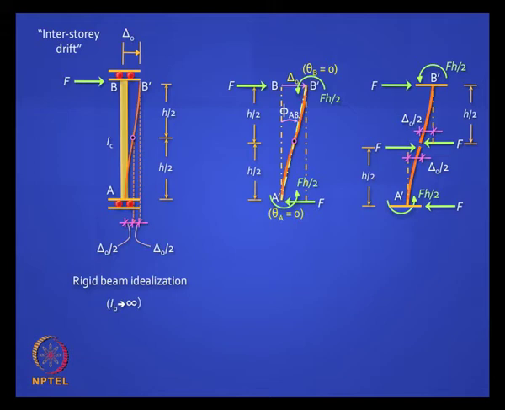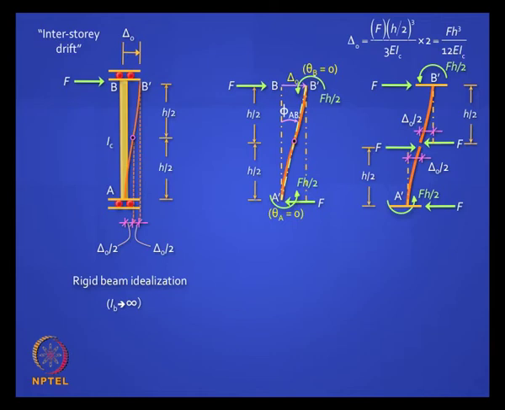Now I hope you are totally convinced that if you make the rigid beam assumption, the points of contraflexure are going to be in the mid height of the column, and these are the values. So the total interstory drift delta naught is going to be shared by the top half and the lower half, and so that value is delta naught by 2. If you take the simple moment deflection equation, you get a relationship between delta naught and F, and it turns out delta naught is Fh cubed by 12 EIC. Clear? EIB is infinite in this assumption.